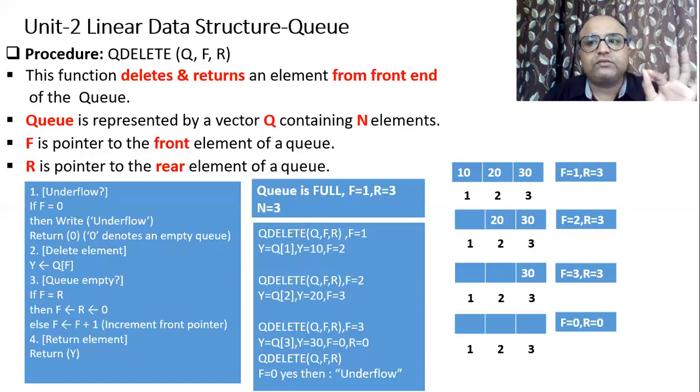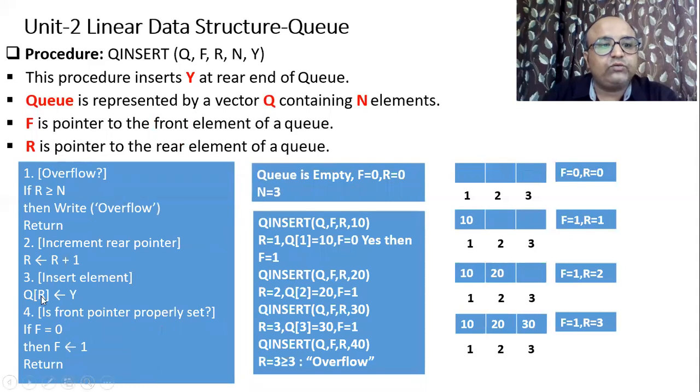If a single element is present in a queue, then what will happen? Obviously the front will point to that particular element. If there is no element in a queue, the value of the front pointer will be 0. Keep in mind the insert operation: when you are trying to insert a first element in a queue, at that time we are setting our front pointer to